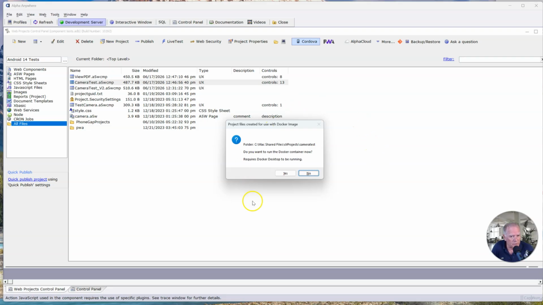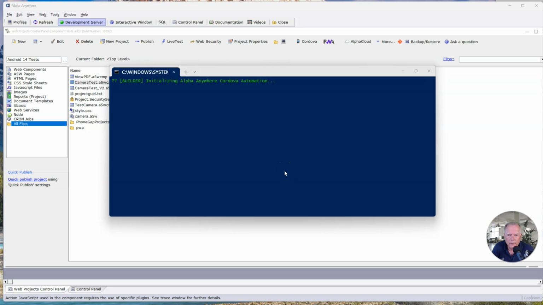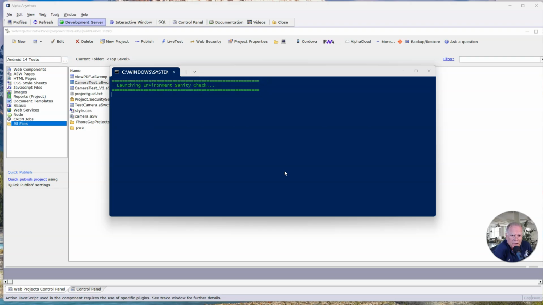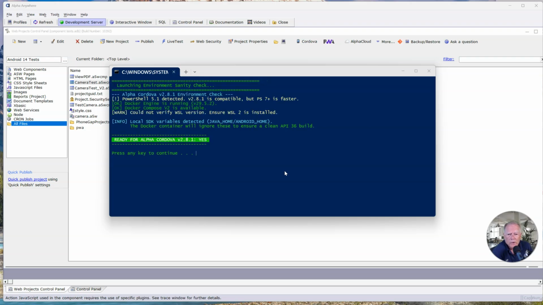And it will come up with something like this. And then you just say you want to run it. It will see the Docker Desktop is installed. Now it's pulling all of the files that it needs down from GitHub. Automatically happens, all right? And there's a check to verify. It looks like we've got an environment that we can run in. It couldn't verify that WSL2 was installed, but you need to make sure you do that when you install the